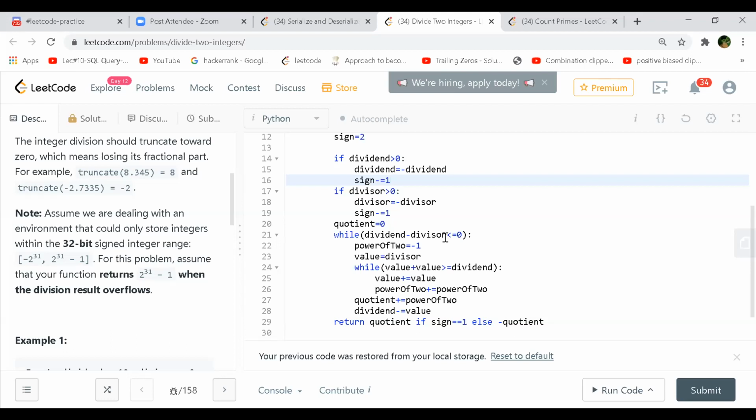So for me, I would go the very basic way first. Just take the negative value, and the first one, like you subtract a divisor from the dividend. Then keep doing it in a while loop and just get to the answer. So that is also a good way of doing it, right? Coming to this optimization is a very ambitious thing for me. No, that's true.